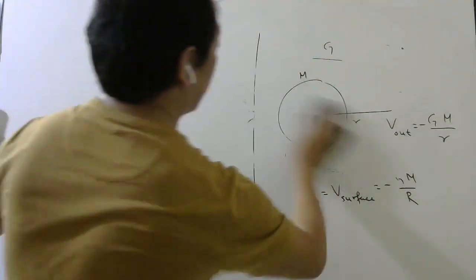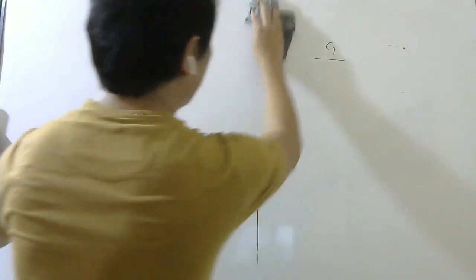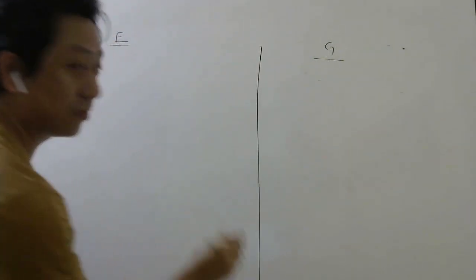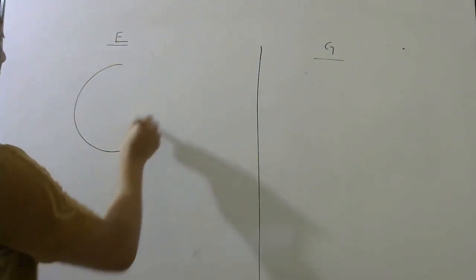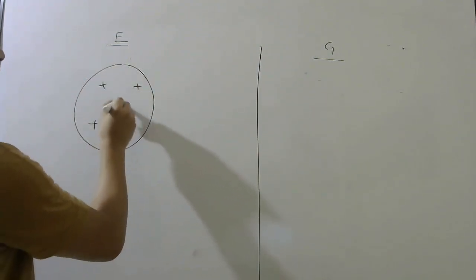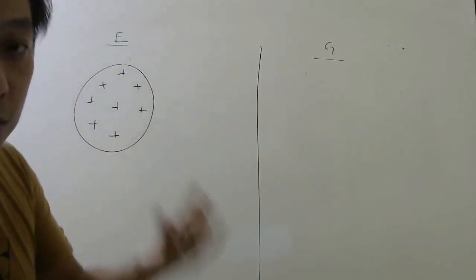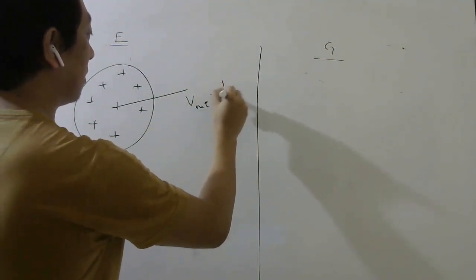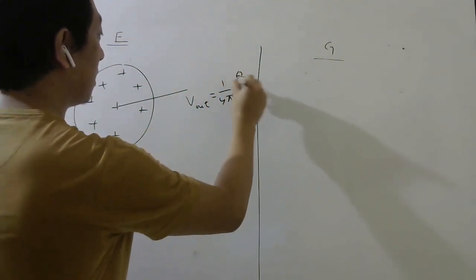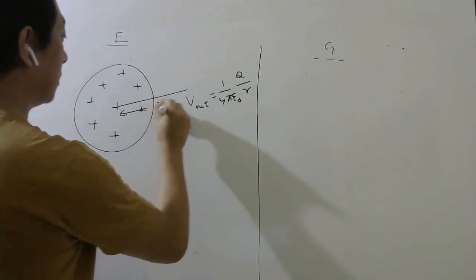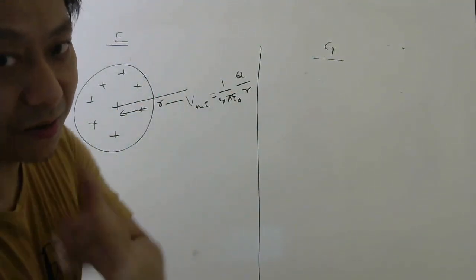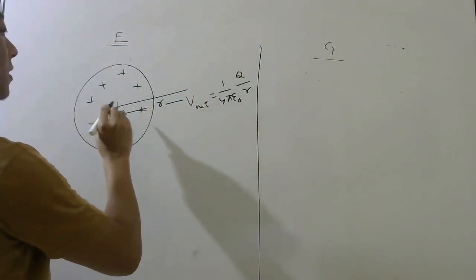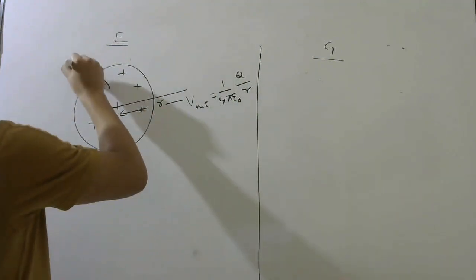This is for a hollow sphere, because for a hollow sphere we know the electric field or gravitational field inside is 0. But if I have a solid charge, non-conducting (if it is conducting, then you can apply the same formula as for a hollow sphere), then outside it is the same, 1 by 4 pi epsilon naught q by r. Okay, don't take r square, because that would be the electric field; we want the potential. And this is for this charge, where q is the total charge.